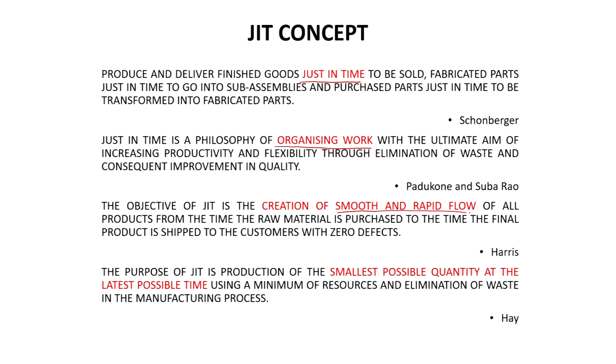of material. I have to organize my work, organize my machines, organize my vendors, organize my team, maintenance and quality control activities, materials management activities, vendors, logistics, everyone I have to organize in such a manner that there is smooth and rapid flow of material products from the raw material till the finished goods. And if I am able to do that, I can produce the smallest possible quantity at the latest possible time. So, this is how we can see the just in time manufacturing system.